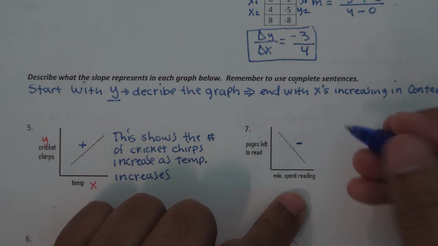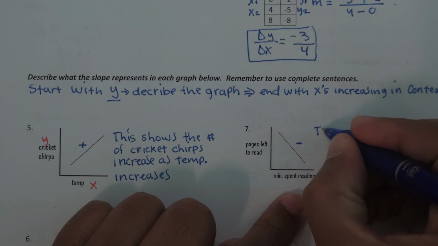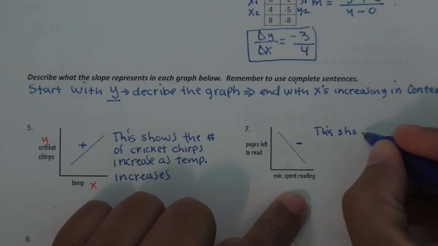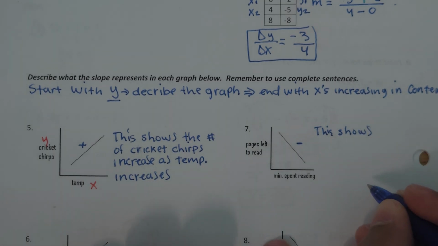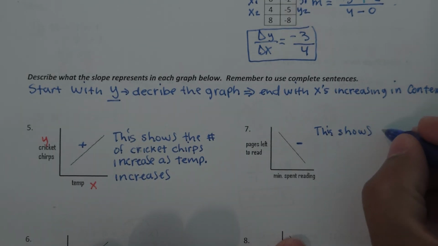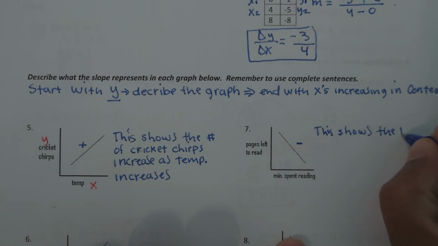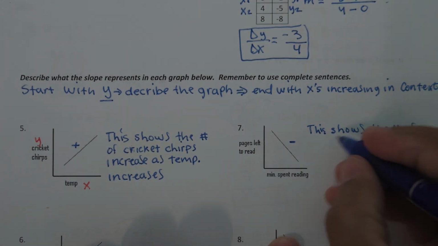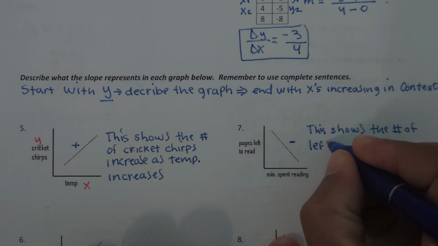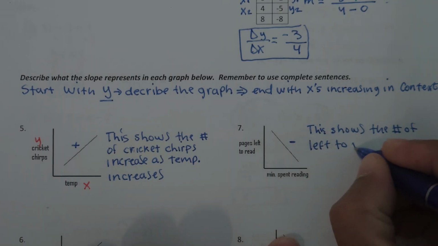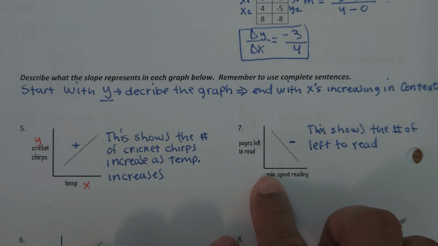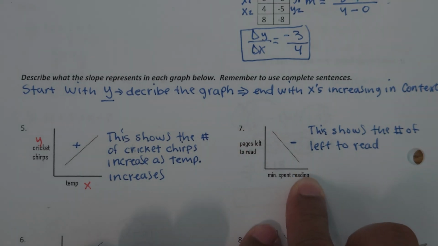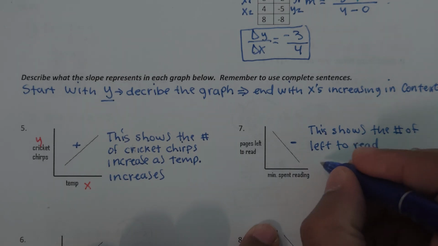We would say that this shows the number of pages left to read. What's happening here? The number of pages left to read decreases